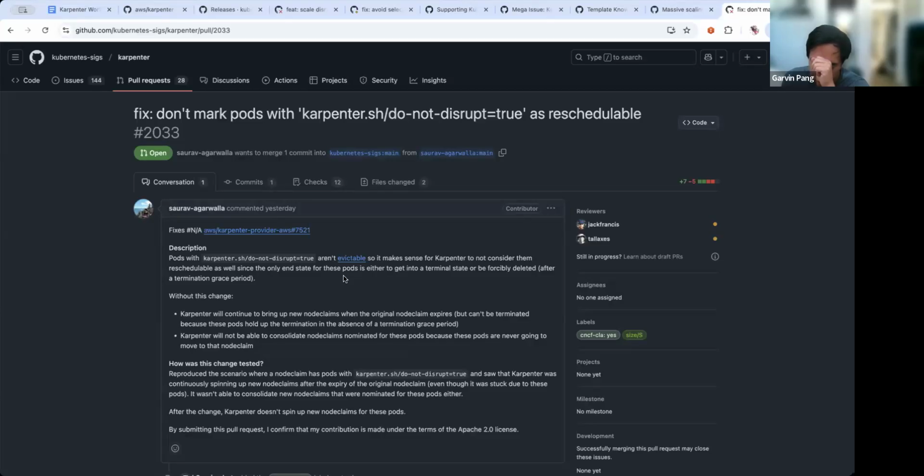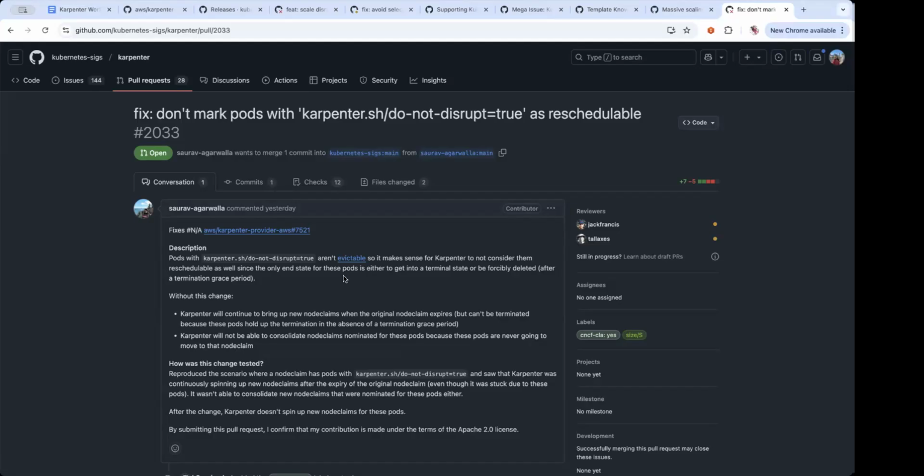This is because we are spinning up nodes for pods that maybe are just stuck terminating forever or taking a long time to terminate? Yeah. Okay, got it. It's effectively